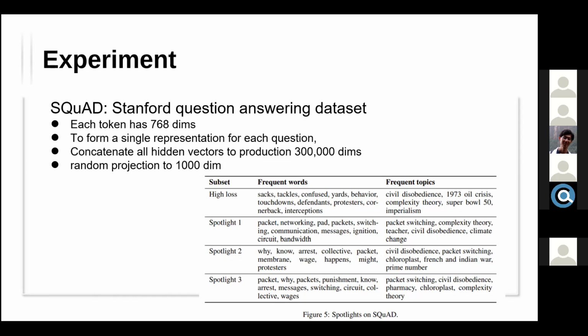For each question, the question will definitely be of different lengths. So one sentence might have over 7,000 dimensions, and another sentence might have 1 million. Since after concatenation the length will be different, how is the random projection conducted? Yeah, this part I'm not sure because they didn't mention that. At least they may just average all the dimensions.